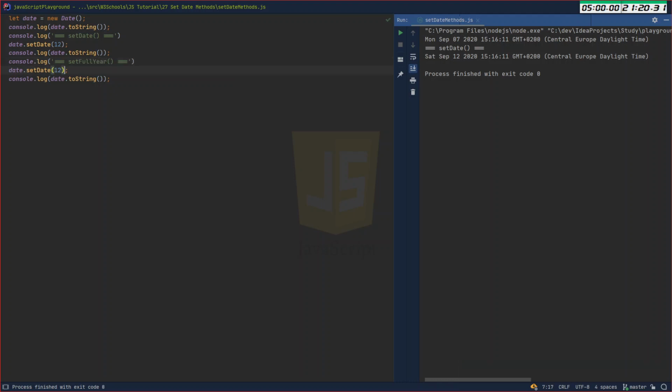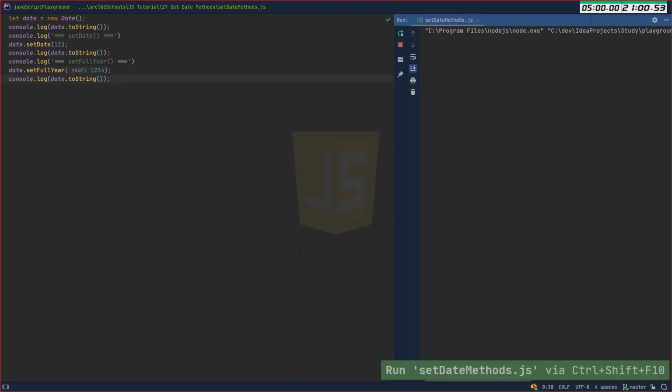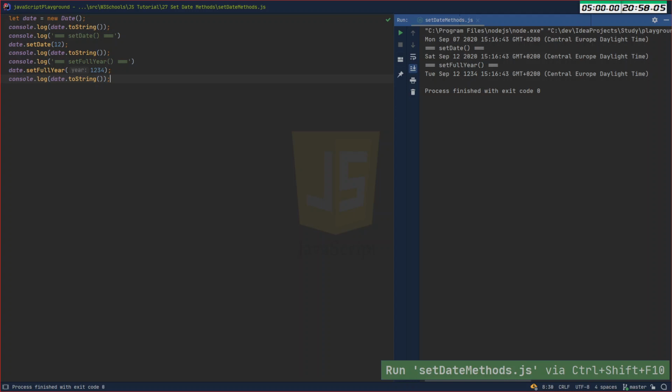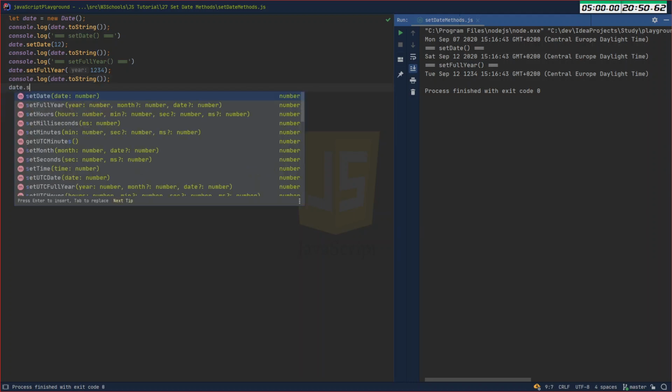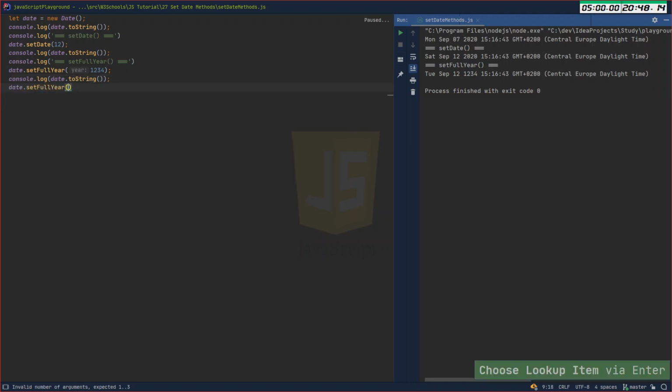Full year. So we will set full year, and there will be a year number, and there's two optional. So we will say year will be 1, 2, 3, 4, because why not? And then we will print it out, and we have 1, 2, 3, 4. Then I can say date set full year, and we will have 1, 2, 3,